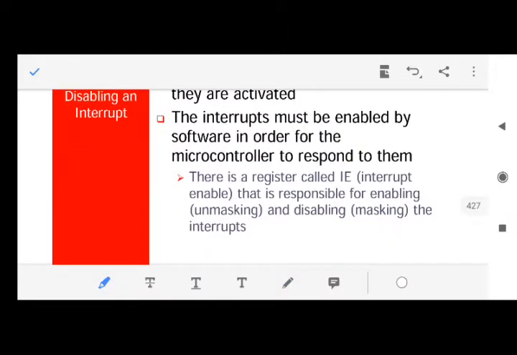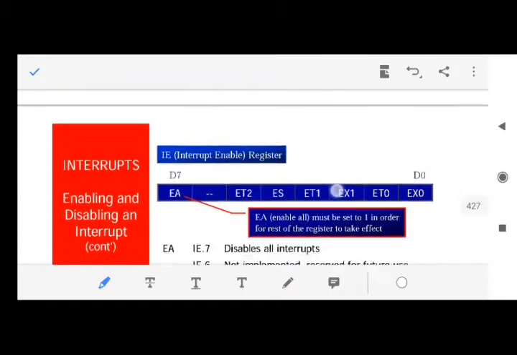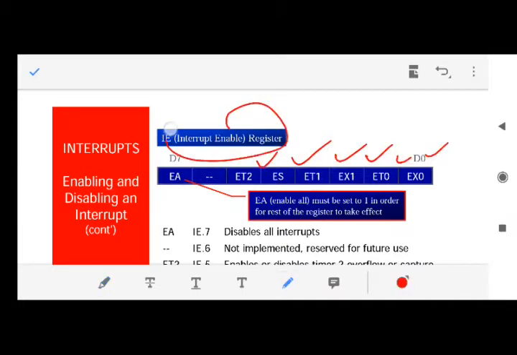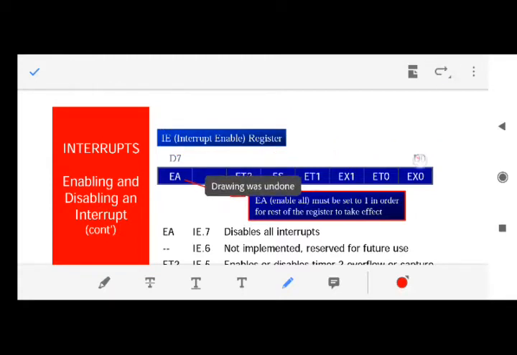And we have also studied the interrupt enable register. We have 6 interrupts, so we have 6 bits of this interrupt enable register. These are used to enable and disable the interrupts. Each bit can have a value of 1 or 0. 1 means enable that particular interrupt, 0 means disable that particular interrupt.